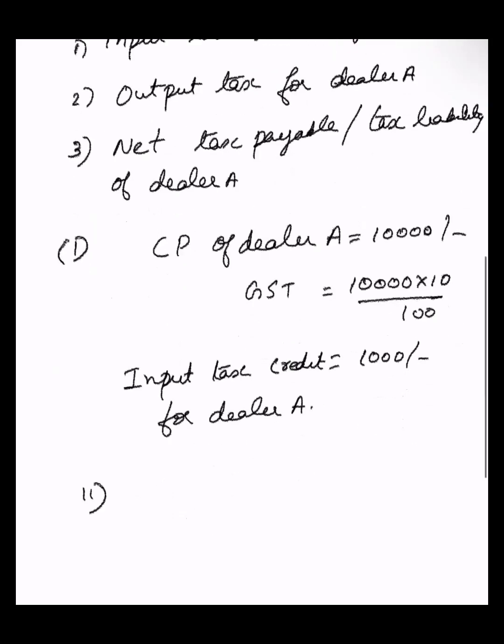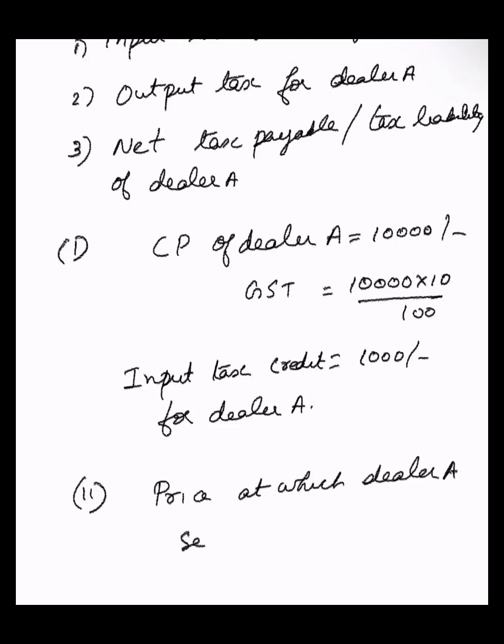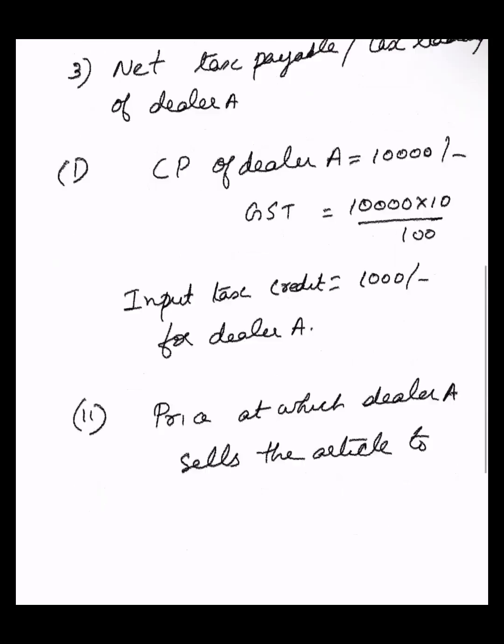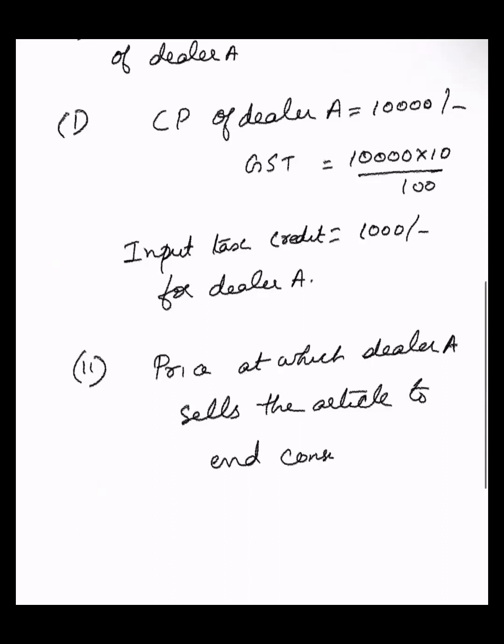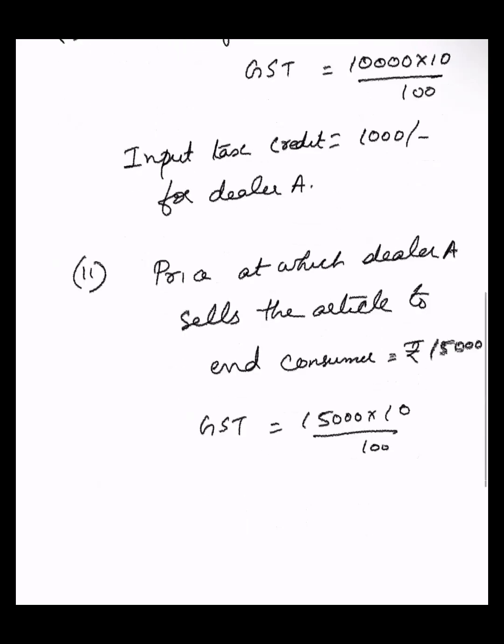Now, second part of the question. What is the output tax for dealer A? It is the price at which dealer A sells the article to the end consumer. It was rupees 15,000. So what is the GST on that? 15,000 into 10 by 100, which is 1,500. Okay, so this is the output tax